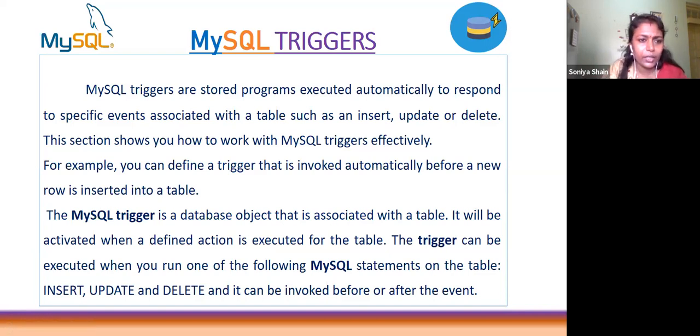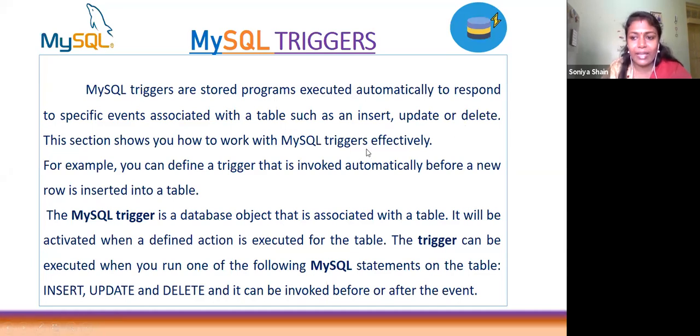I will make it clear to you. MySQL triggers are stored programs, so you can write more than one statement inside the triggers also. They are executed automatically, which is very important, to respond to specific events associated with a table. What are the events? Inserting data, updating data, deleting a record.